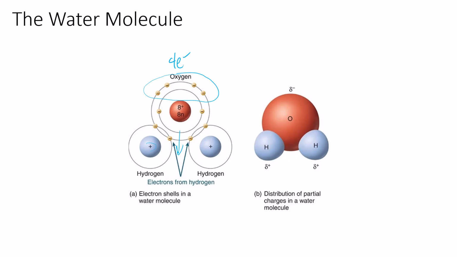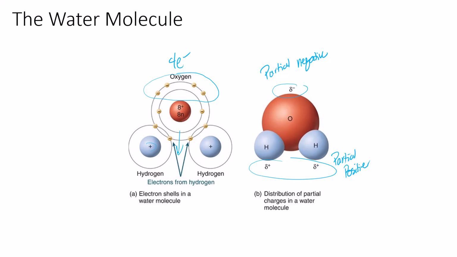So when you look at the net charges of the particular water molecule, you'll notice that the oxygen side of the water molecule has a partial negative charge, and the pole on the hydrogen side is a partial positive charge. That is critical in the formation of the properties that all water molecules have, and therefore the physical properties of